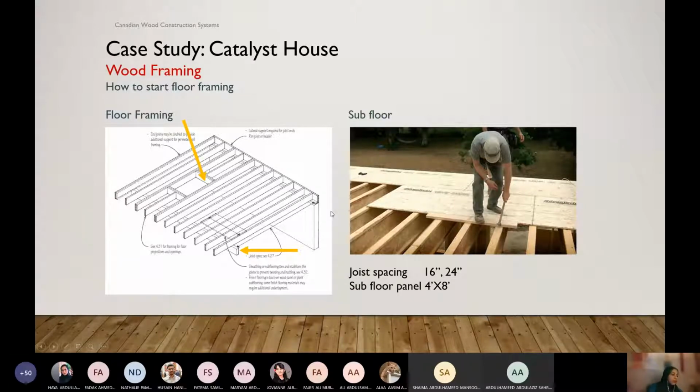For the floor framing, whenever we have a floor, we must create some kind of opening, for example for the staircase. Whenever we are creating an opening, we are making the whole system a little bit weaker. To keep it stronger, what we do is install double joists all around the opening. No matter what purpose the opening is for, whether it's for a staircase or any other purpose like a double height space, where we create a large opening, sometimes double, maybe triple joists all around to keep it stronger.